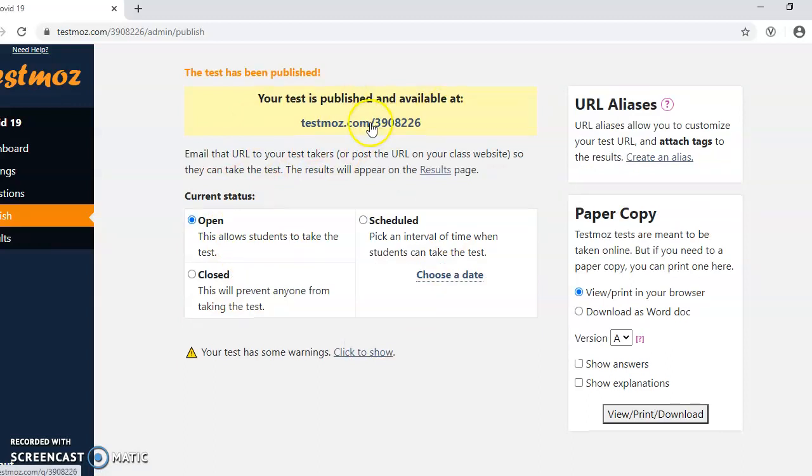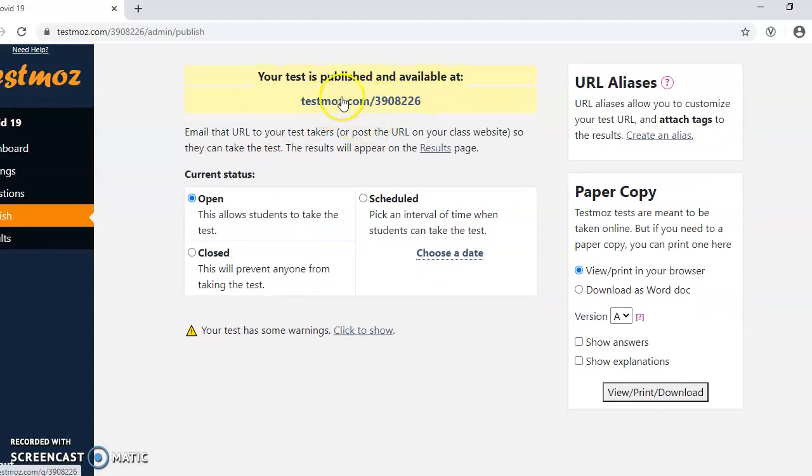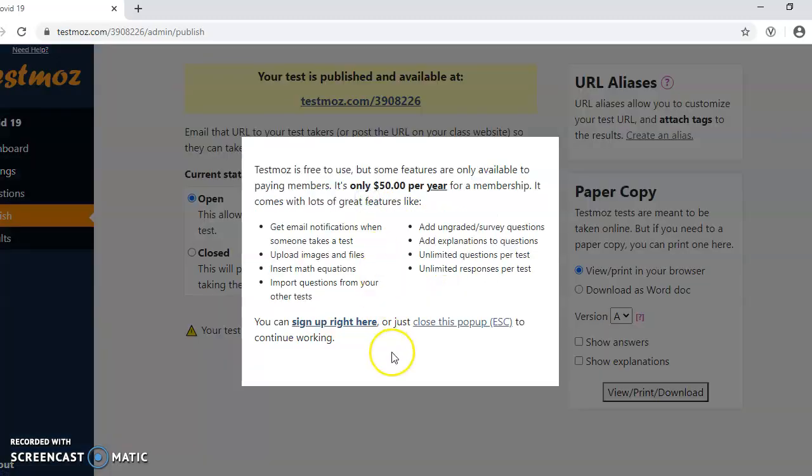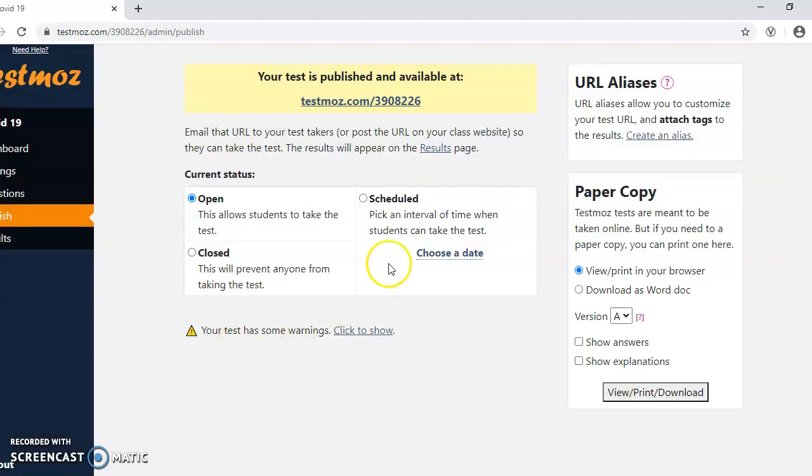This is the link. So the simple thing is just copy the link and you can email this link to your students. So once they go, they can see this test, they can start appearing. You can schedule the test. But again, that is a paid plan. So in case you don't want to schedule, just close it. Or you can allow your students to take the test, or you want to close it for some of them. All that could be shown. So here is the test which is ready. This link could be emailed to your students and they can appear for the test.